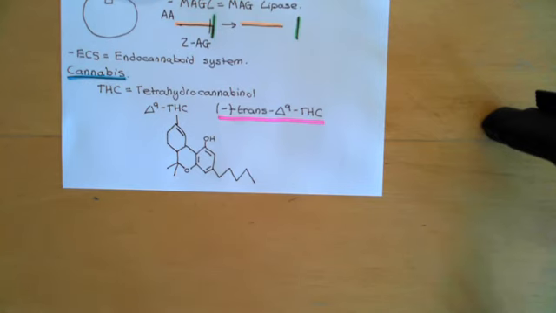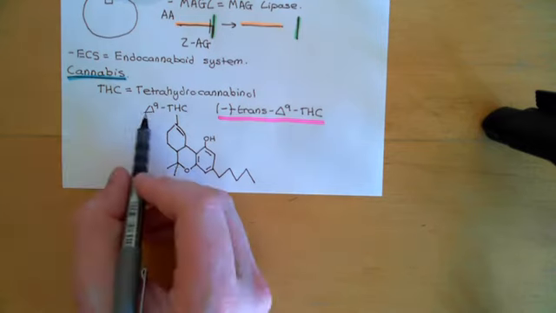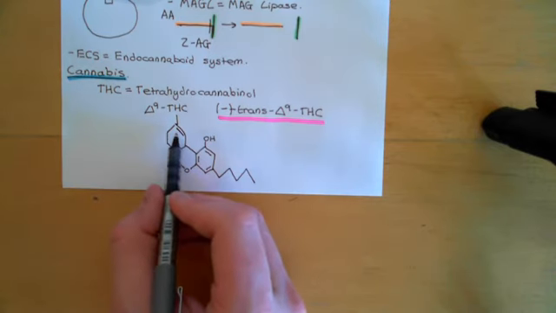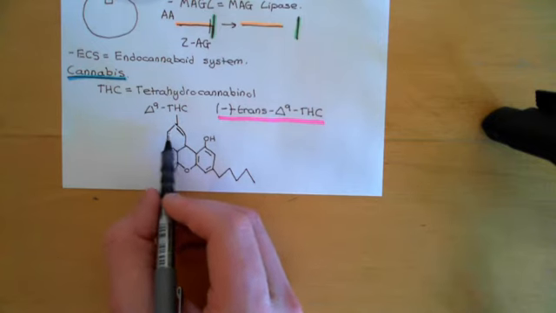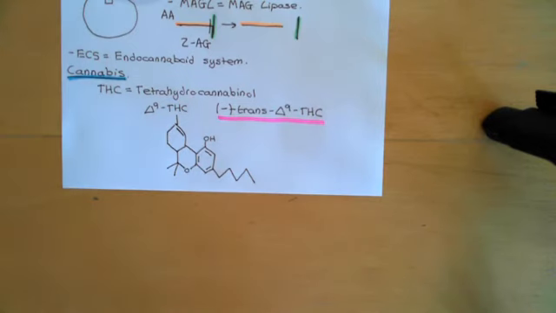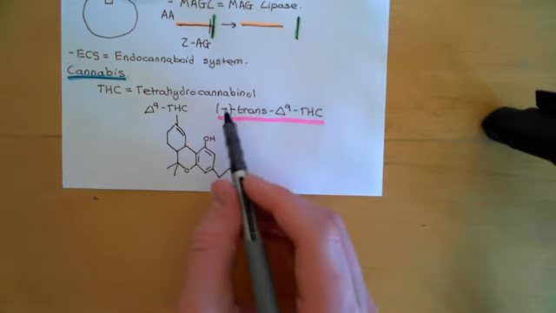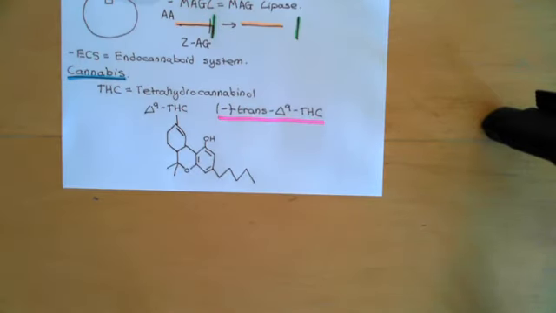Okay, now so far we have discussed the delta 9 portion. The delta 9 portion tells you that that double bond there is there. In other forms of tetrahydrocannabinol it can be at other positions. So that's delta 9 tetrahydrocannabinol. Now what I want to explain to you is the negative trans delta 9 tetrahydrocannabinol. So, this molecule that I have drawn for you, which is delta 9 tetrahydrocannabinol, has multiple optical isomers.